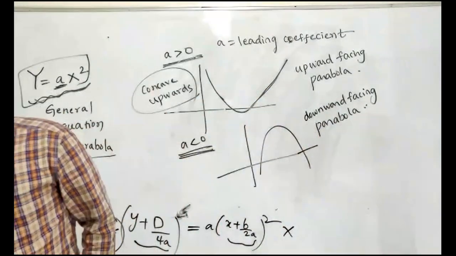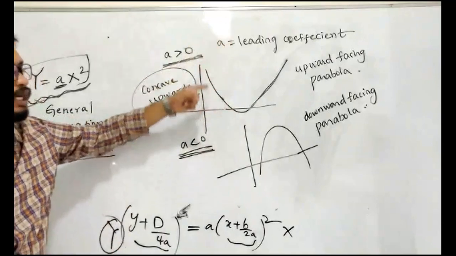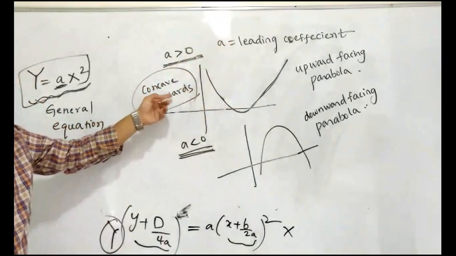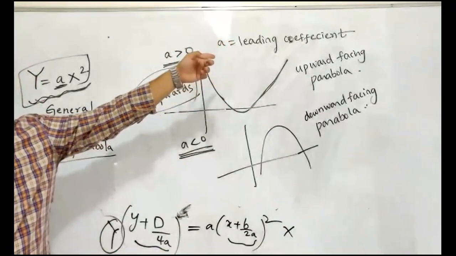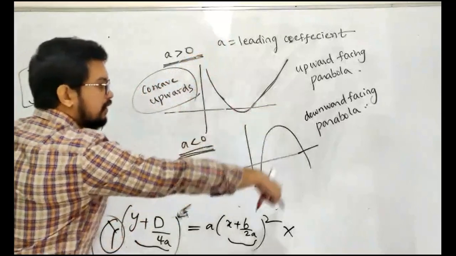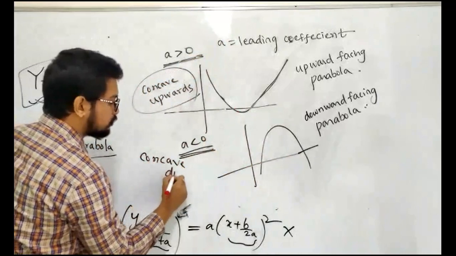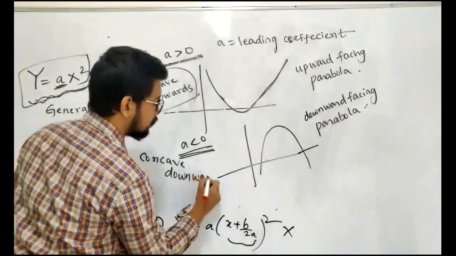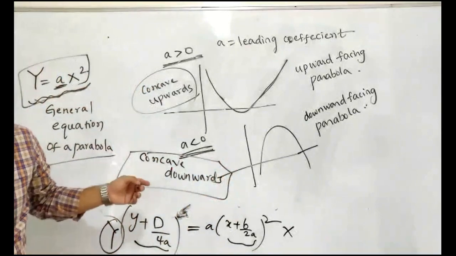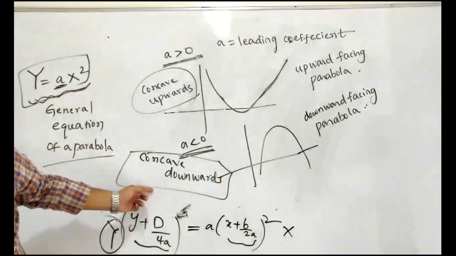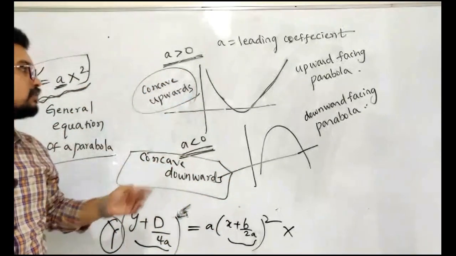In calculus terms, you will learn calculus later. In those calculus terms, whatever this graph you are taking, that graph will be called concave upwards. This shape is called concave upwards. Now this shape whatever you are taking, this is called concave downwards. You will also hear such names. It may be called concave upwards, and this is called concave downwards.